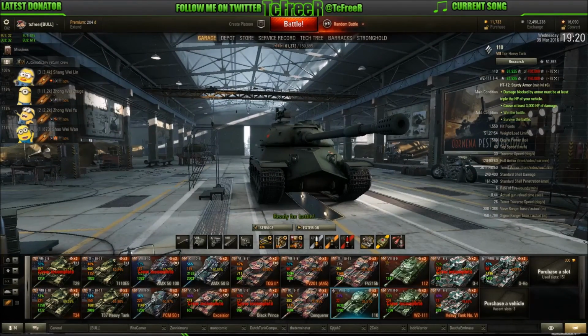It weighs between 51 and 54 tons. Mine's quite light as they go. Top speed 40 kph and 30 degree hull traverse is quite good. 120mm of hull armour at the front sounds quite bad, but as you can see, it's got a really pronounced pike nose there,